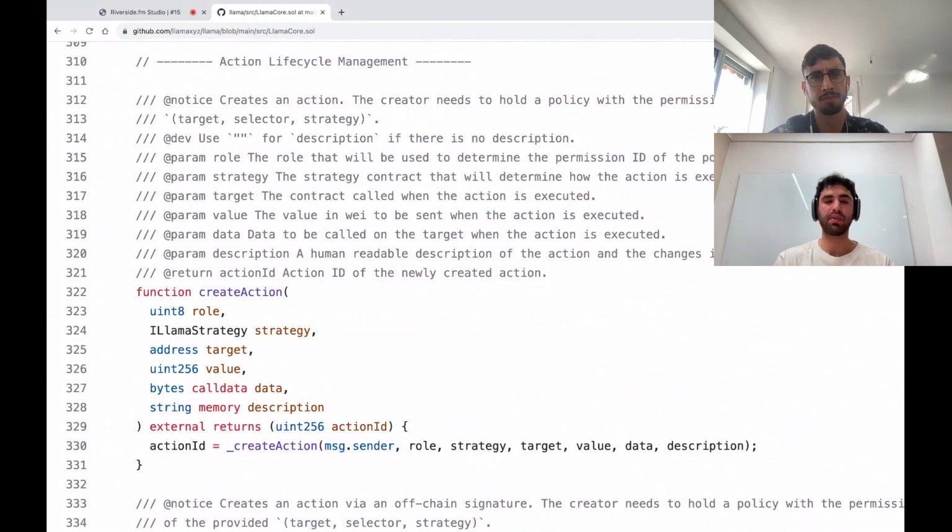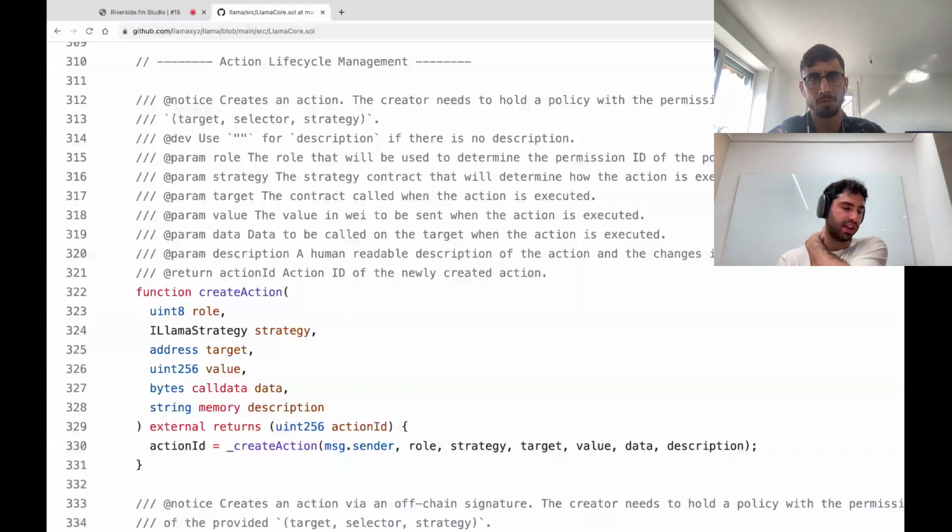We wanted to promote this idea that actions should be these really atomic units of work where you can create a lot of them, and using something like Llama, if you divide the responsibilities for approving and disapproving and ultimately executing these actions, then you can work together to do a lot more and be more effective as a decentralized group of people who are governing a protocol.